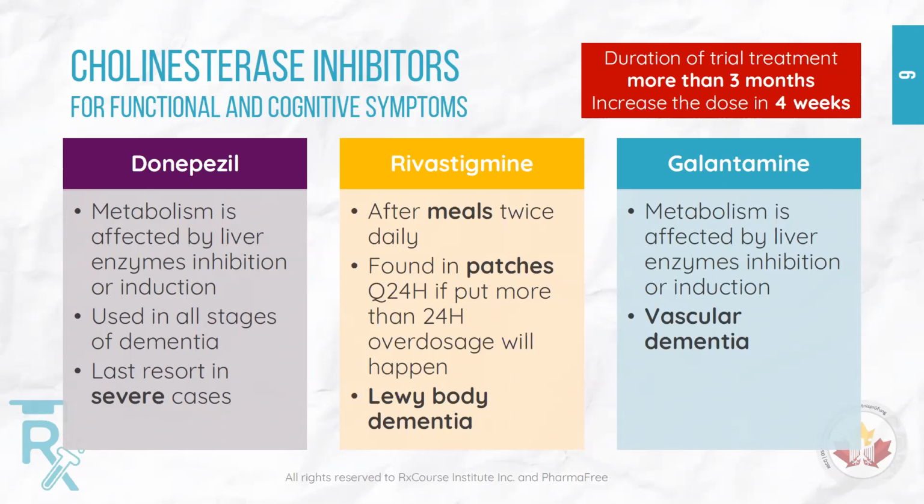Okay, donepezil. We already discussed the side effects. It increases acetylcholine in our body, so we should expect nausea, vomiting, diarrhea, and urinary incontinence due to the high level of acetylcholine. Also insomnia, and this is very important to remember: all cholinesterase inhibitors are associated with insomnia, and also it might cause